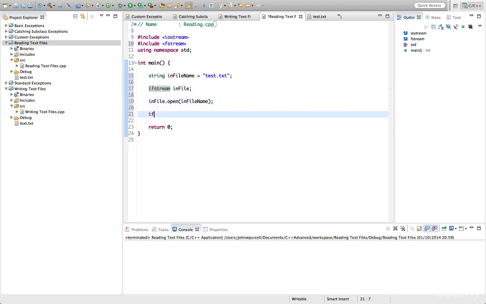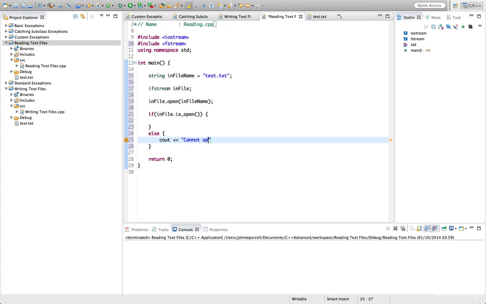Once we've opened it, we can say if infile.is_open, then we can go ahead and read stuff from it. And if it isn't open, as in the last tutorial, we can output an error message saying cannot open file, with a colon, and then the infileName from the file name string here. So once we know that it's open, we mustn't forget to close it, so I'm going to put that in first, which I like to do, so I'll put the close in first, and then above that we can read